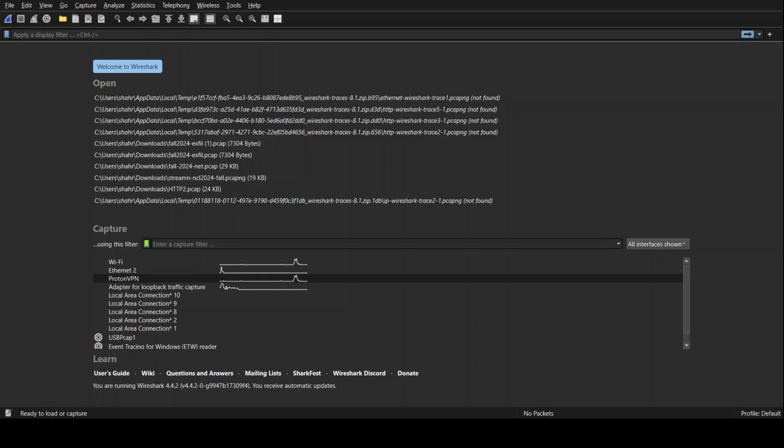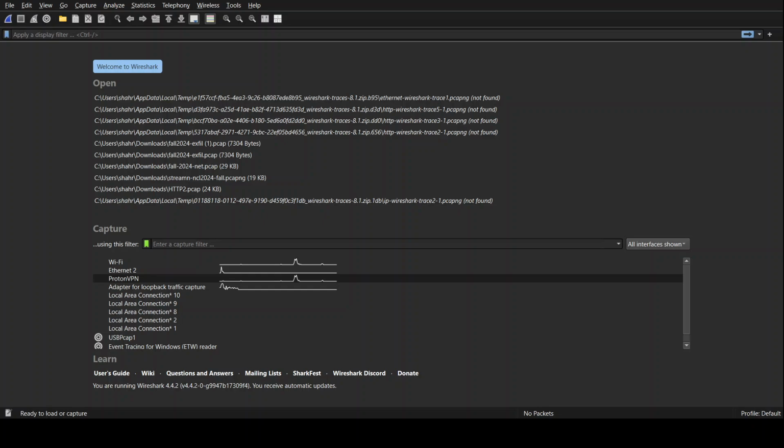Just wanted to give a quick tutorial on Wireshark to you all. So right away, this is Wireshark right when we open it, and you can see up here I've got some files, some packet captures they're called, from Wireshark that I've used. Some of these are from school, some of these are from competitions. I'll talk about those in a future video, but for right now I'm just going to show you how to